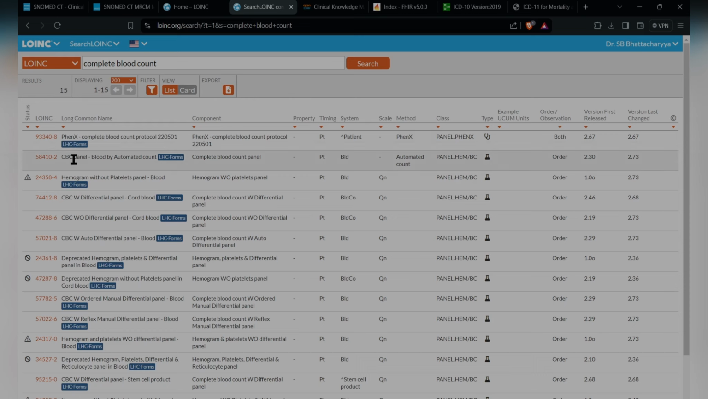So for this particular one, as you can see, the timing is PT, that is point in time. System or sample is blood. The scale is QN or quantitative. And the method is automated. Now it does not show anything in the scale, although it is a mandatory field, simply because we are now working with a panel. So the panel itself would not have one scale,